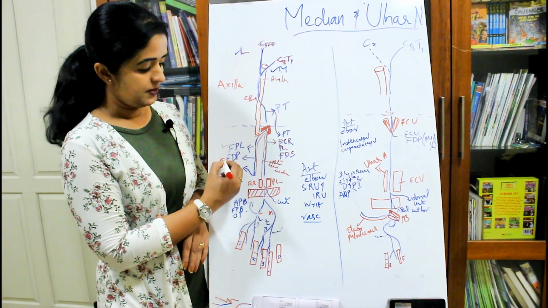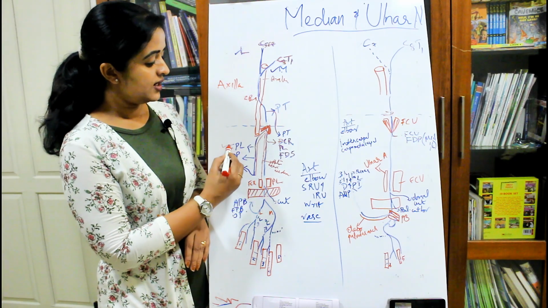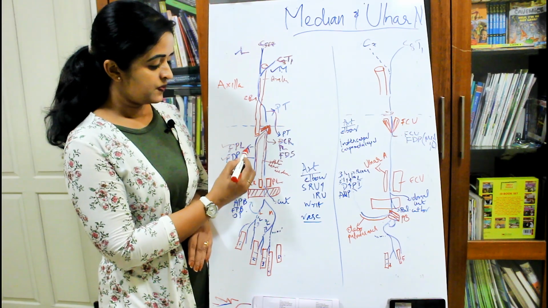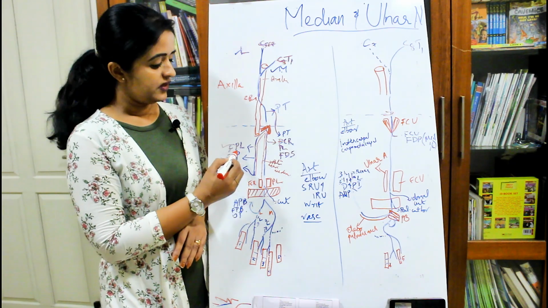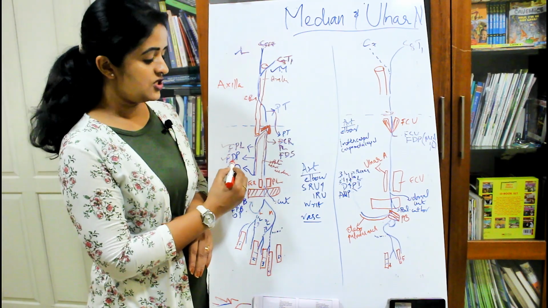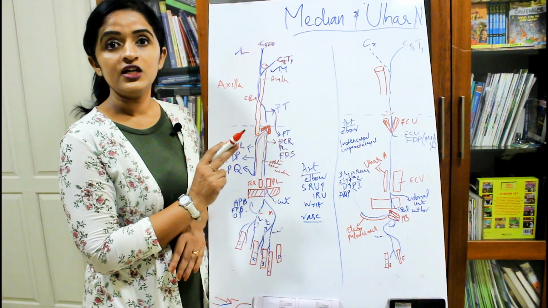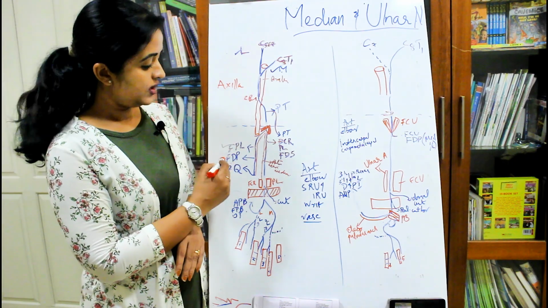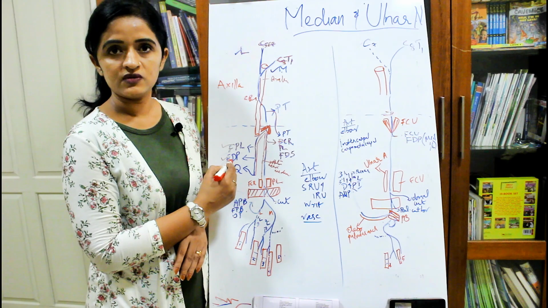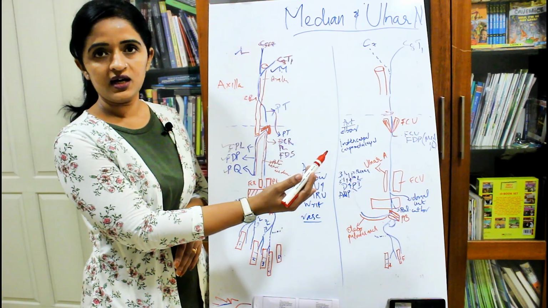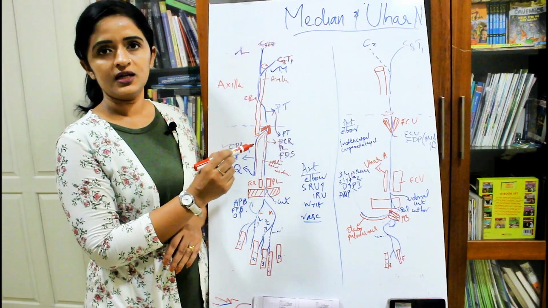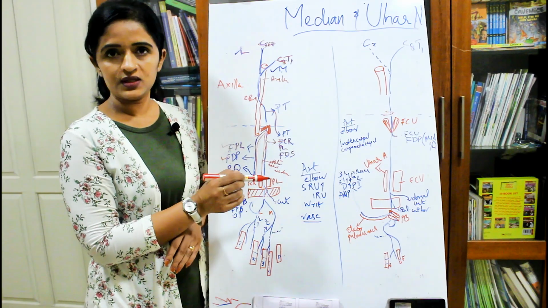And the three muscles supplied by the anterior interosseous nerve are flexor pollicis longus, flexor digitorum profundus and pronator quadratus. When we discuss these three muscles, flexor digitorum profundus is having a dual supply. That means only the lateral half of flexor digitorum profundus is supplied by the median nerve, whereas the medial half is supplied by the ulnar nerve. You have to keep this point in mind because this is a favorite question for most of the examiners,